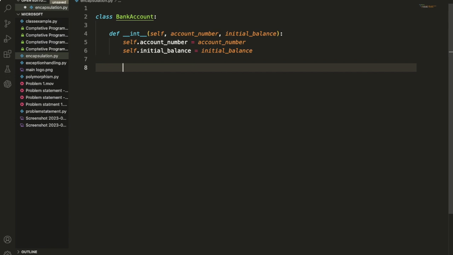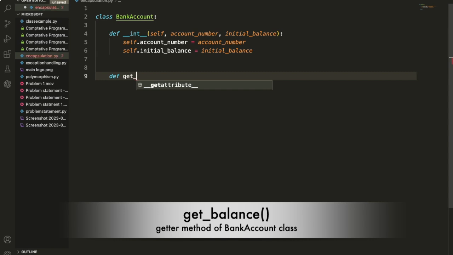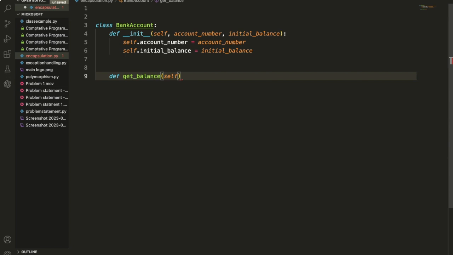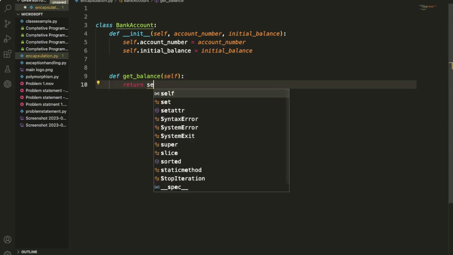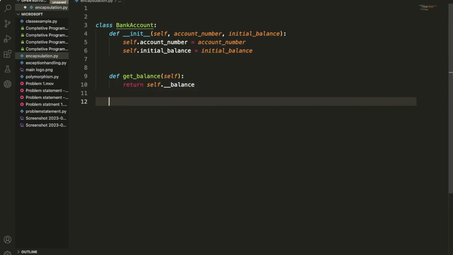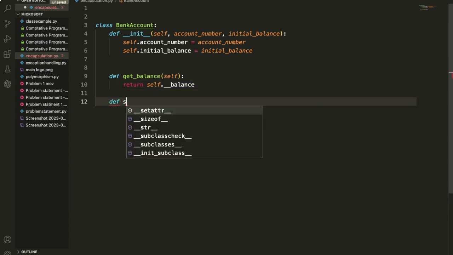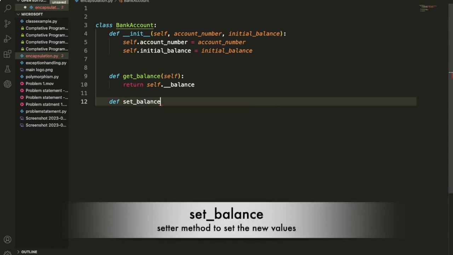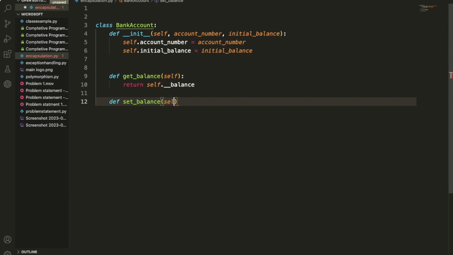This class contains one method, get_balance. Here the double underscore means it is a private member of this class. Let me define one more method, set_balance. This method takes two parameters: first is self and second is amount.